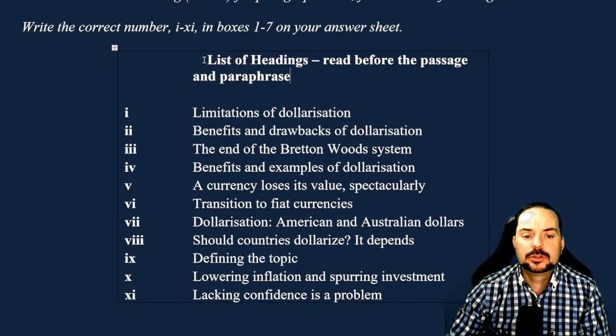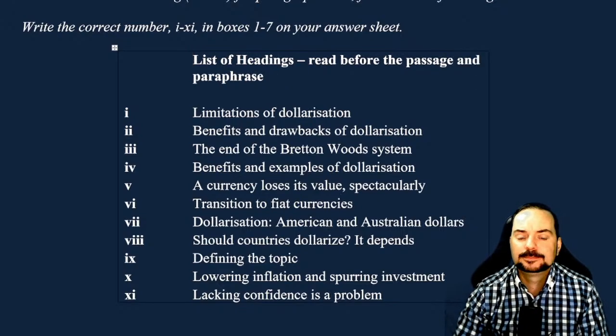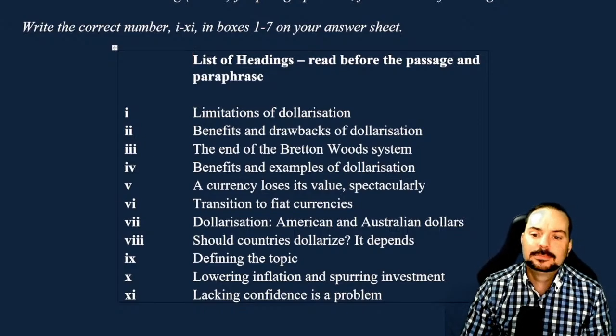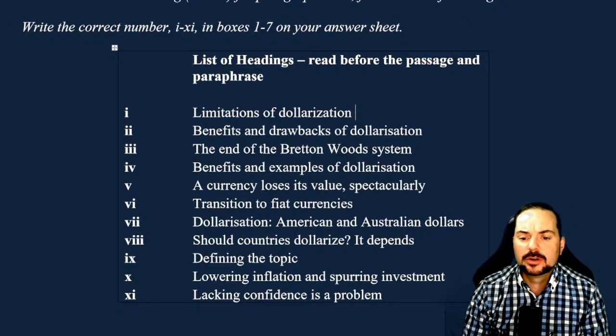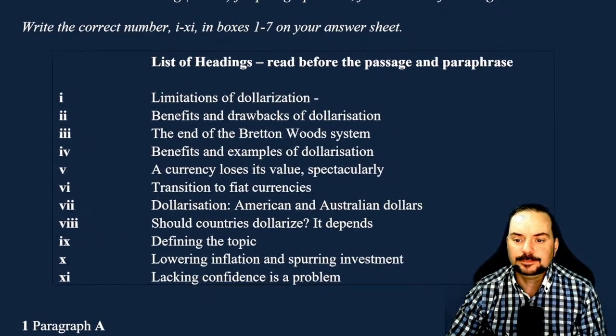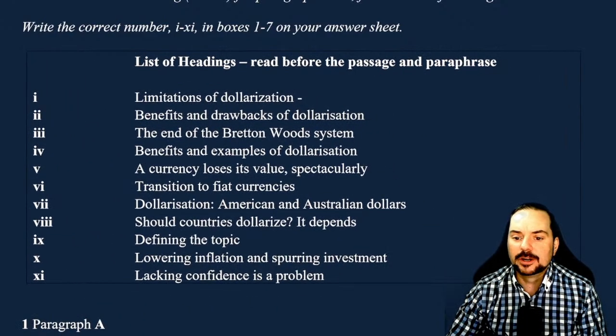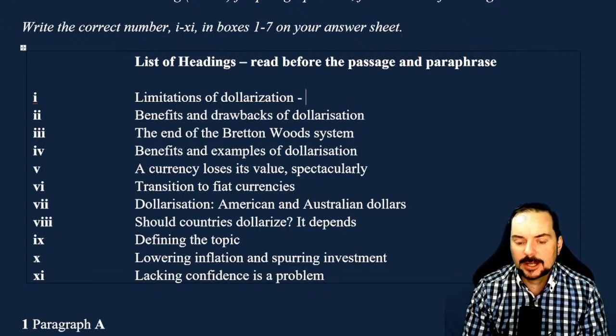That will help you to understand even more about the passage, okay? So list of headings, read it before the passage, paraphrase it. Limitations of dollarization. Let me try to stretch this box a bit here, and then we can really fit our paraphrasing in. So limitations of dollarization. Okay, so